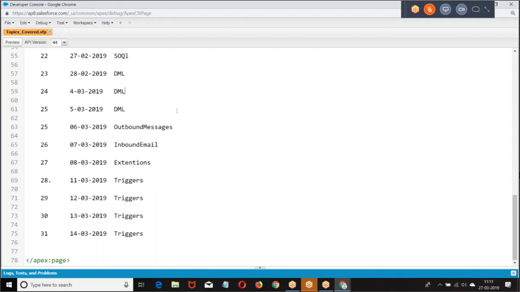Whenever any browser event occurs, we go for some action that is defined using JavaScript. Browser event means on click, on focus, on double click, on change, on mouse over, on mouse out. If any such event occurs on the browser, you want to perform some action. Those actions are defined by using JavaScript. I hope you're good with this.